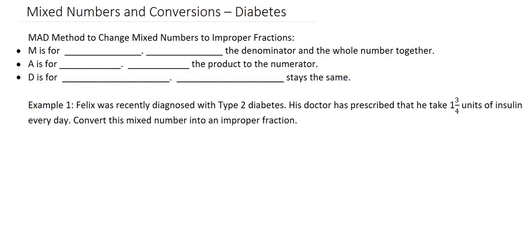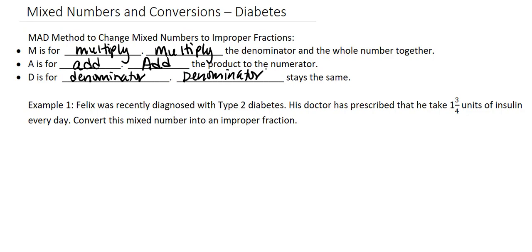So the MAD method to change mixed numbers to improper fractions. M, when we think of the MAD method, is for multiply. You're going to multiply the denominator and the whole number together. And then A is for add. We're going to add the product, from the denominator and whole number being multiplied, to the numerator. And then D is for denominator. And so the denominator